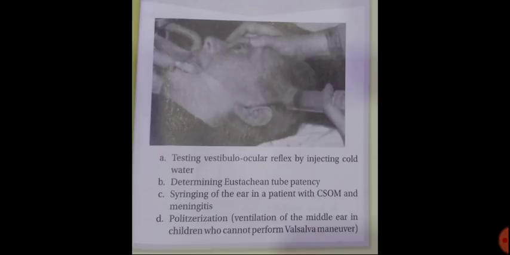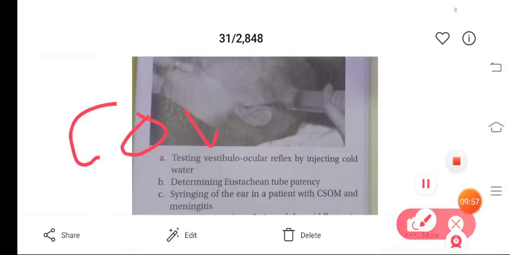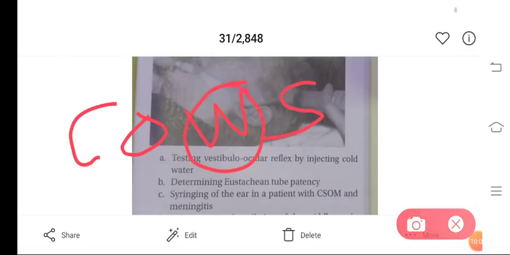So this makes warm water with the mnemonic, if you see, this was the mnemonic COWS. So warm water was same ear. So that means nystagmus will be towards the same ear. So you understand your eyes will be moving to the opposite side, but the nystagmus, which is decided by the quick component of the eye movement, so quick component will be towards the ipsilateral, that is the same ear.